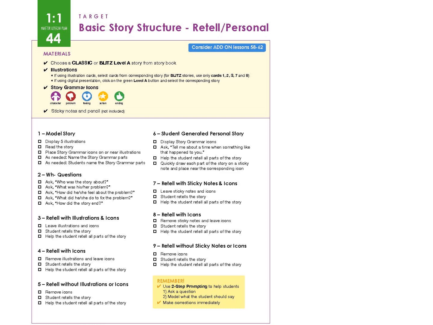Here's an individual lesson plan. Again, this is a basic story structure, retell and personal. Some things I want to point out is that the same visual material fading occurs in this lesson too. In step 3, the child retells the story by themselves, but with icons and illustrations. Then with icons only. Then without illustrations or icons, they're fully removed. Then in step 6, you bring the icons back and help the child